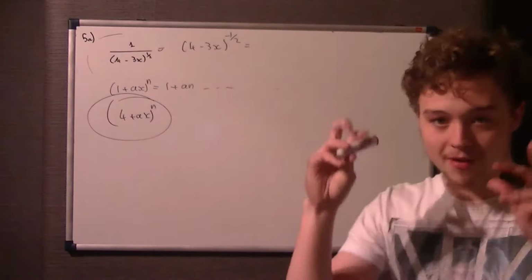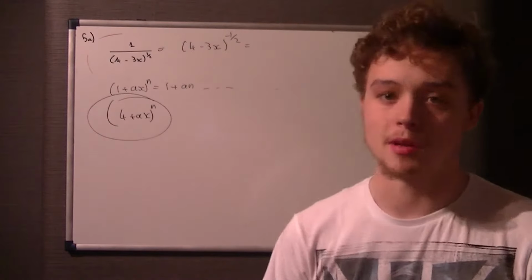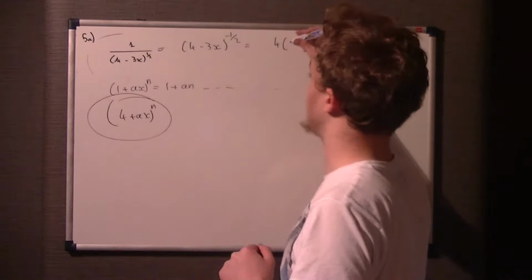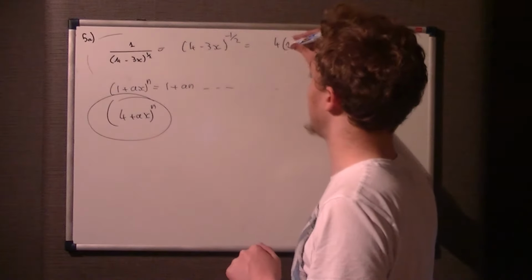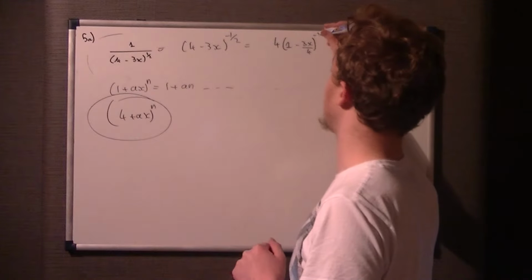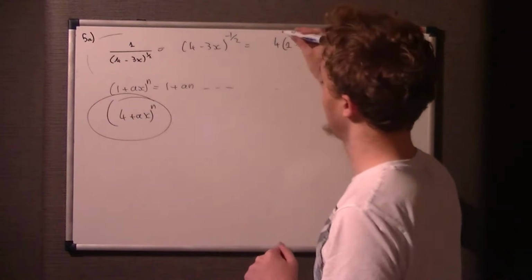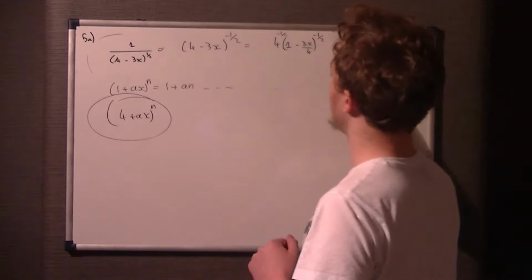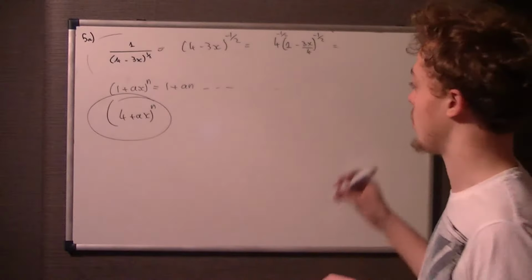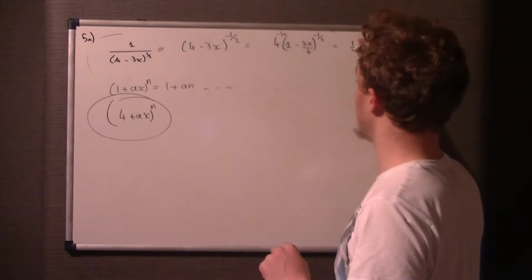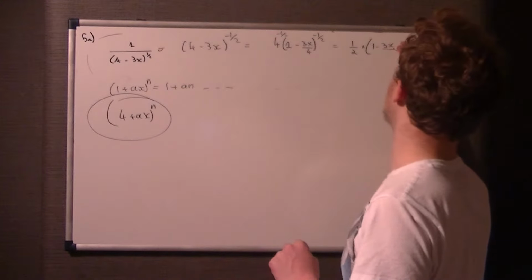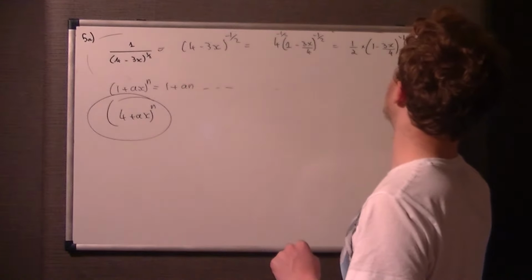So what we do is we divide it all by 4. Another better way to think about it is take 4 out as a common factor. So we take 4 out as a common factor, then we divide it all by 4 on the inside, so we get 1 take 3x on 4. So it remains to the power of -1/2. But when we take out this 4, the power goes with the 4. So it's 4 to the power of -1/2, which is just 1 over 4 square root. That gets us a half times 1 take 3x on 4 all to the power of -1/2,